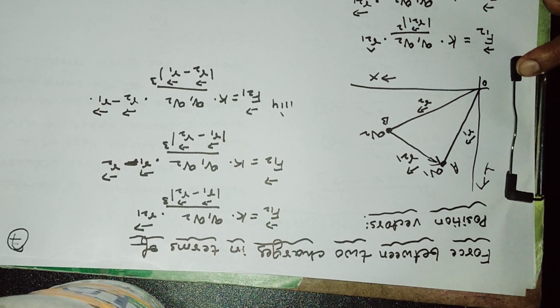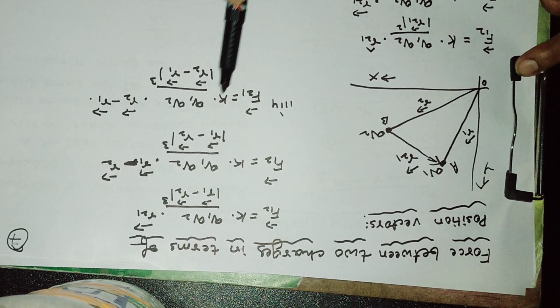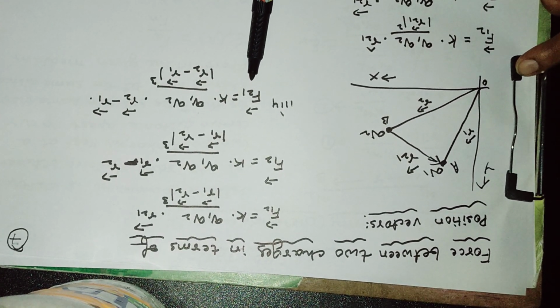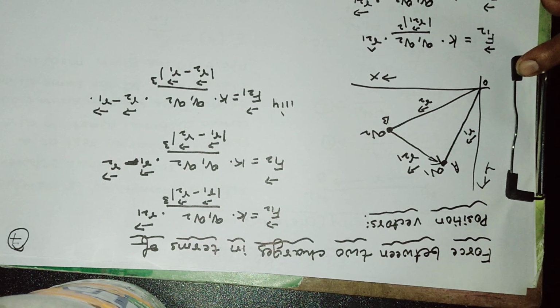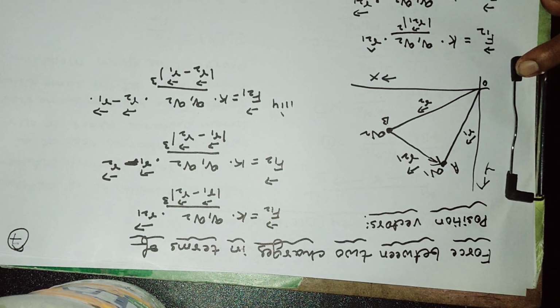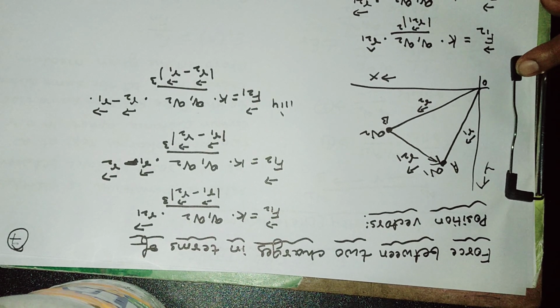Students, you can try this. You can take it as an assignment, and please work this out. Write down the expression for the force acting on the second charge due to the first charge in terms of position vectors. Again, you will have to retrace the steps by noting down the directions. That is very important. You have to understand this basically. You can make use of the triangle law, which I have already told you.